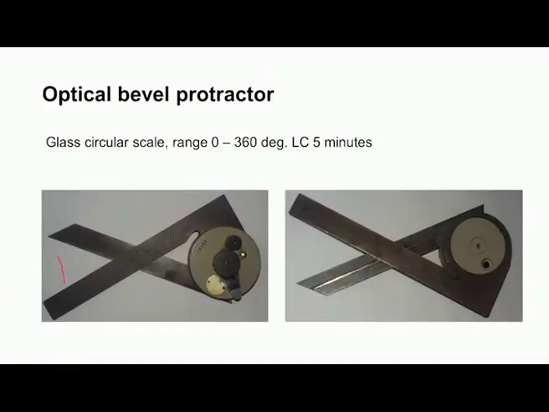Say this is the workpiece, and we want to measure this angle between these two surfaces. So, this surface should contact with this blade, and the other surface should contact the other blade, and then we should establish intimate contact between the surfaces, and then by operating this lever we can clamp it. We can clamp the blades, and then we can remove the protractor from the workpiece, and then by peeping through this peeping hole we can read the scale.